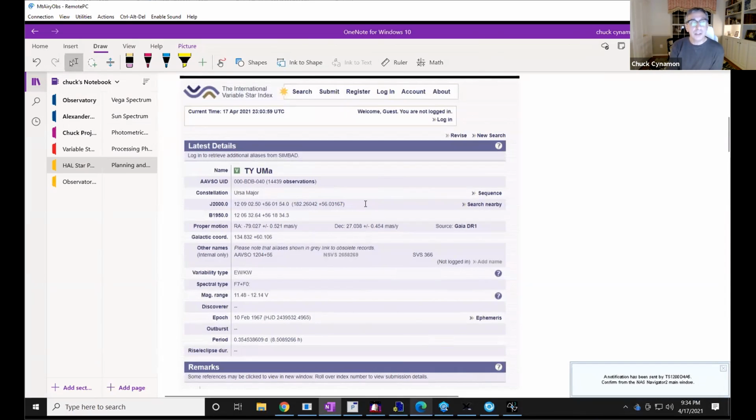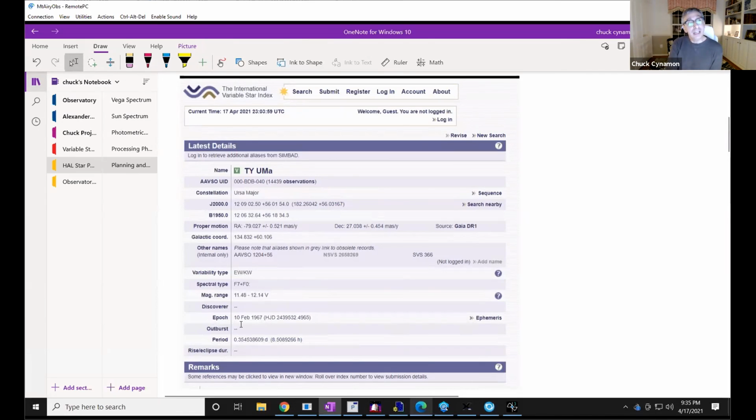It gives you all the basic information: coordinates, proper motion, the variable type, the spectral type, and the max range, which is very helpful for determining how long an exposure I should take, already knowing the range of the magnitude. It will also give you the ephemeris for when the eclipses are going to occur, when the midpoints of those transits are going to happen.